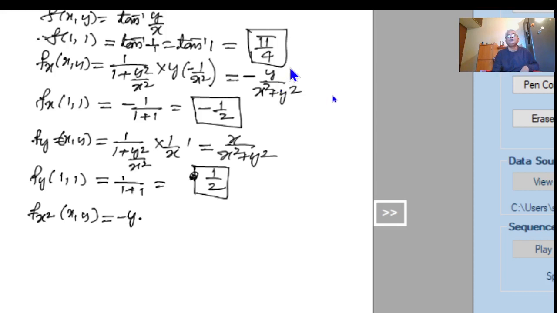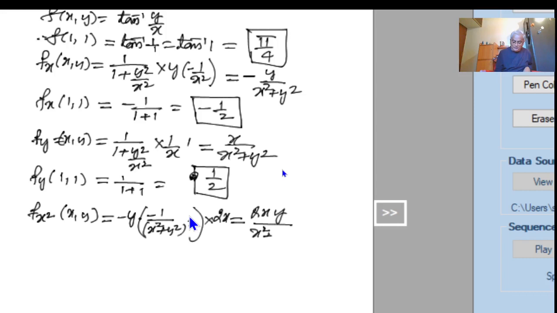Then this is of the form 1 by x. We know that the derivative of 1 by x is minus 1 by x square. That is, here, minus 1 by (x square plus y square) whole square into the derivative of x square plus y square. The derivative of x square plus y square with respect to x is 2x. So minus into minus is plus, and this is equal to 2x divided by (x square plus y square) whole square.